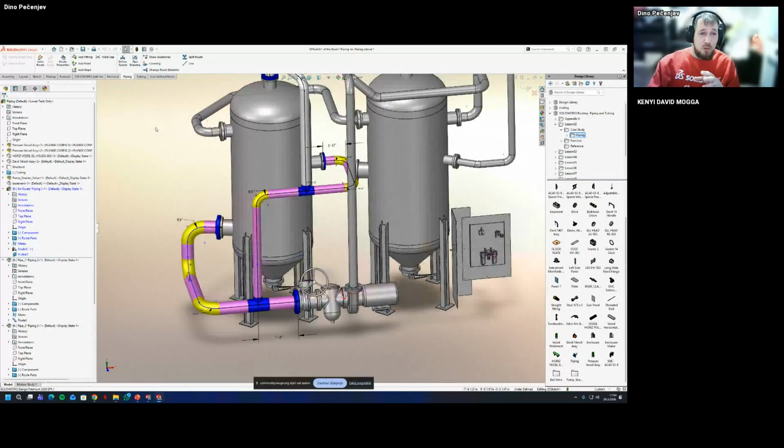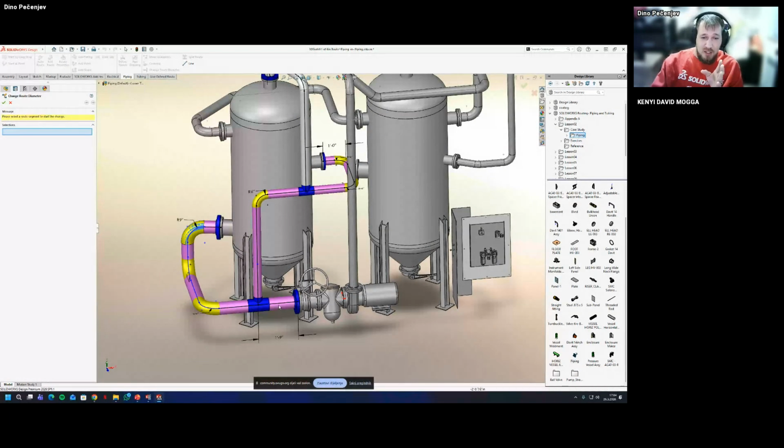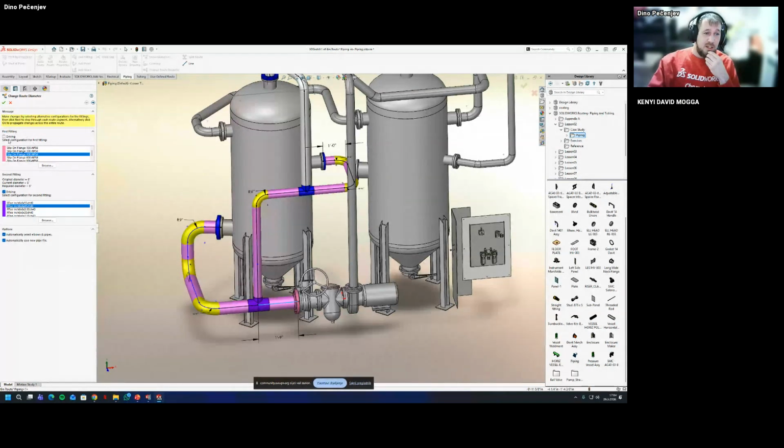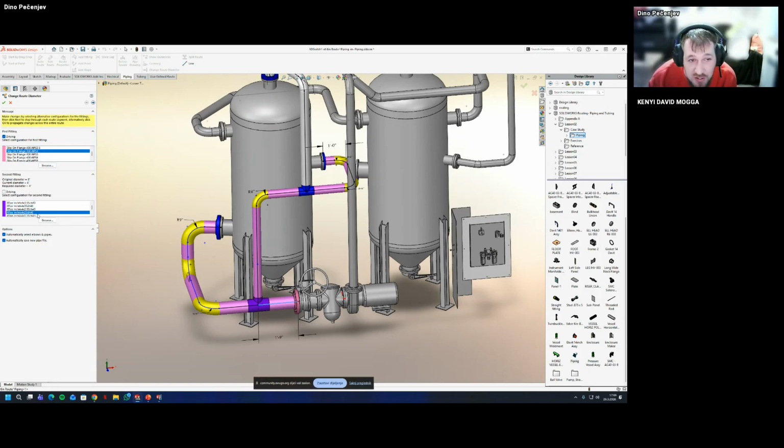So here what I'm going to do is say change route diameter, and I say this section is first, and this will be the driving section, and I'm going to change the slip-on flange. I'm just going to change this size, for example, to 4, and it's going to change, if you can see, my second fitting, which is actually the reducing T. And let's say I want that T to be either 3 inches or 2 inches. I can change it, and it will propagate this part. Also, the second fitting will change the diameters.